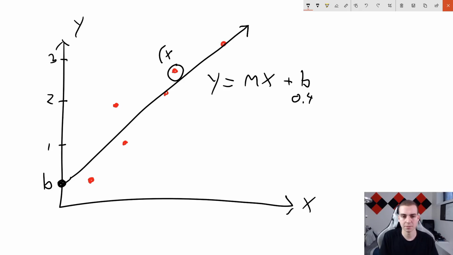And then our m stands for the slope, which is probably the most important part. Now, slope simply defines the steepness of this line of best fit that we've done here. The way we calculate slope is using rise over run. Rise over run essentially just means how much we went up versus how much we went across. So if you want to calculate the slope of a line, you can just draw a right angled triangle anywhere on the line. So just pick 2 data points. And what you can do is calculate this distance and this distance, and then you can simply divide the distance up by the distance across, and that gives you the slope.